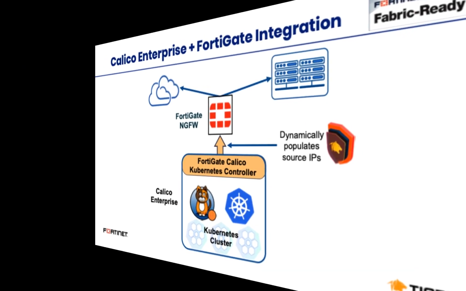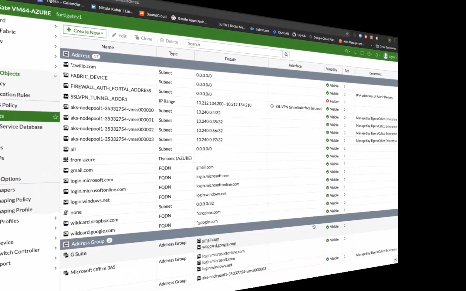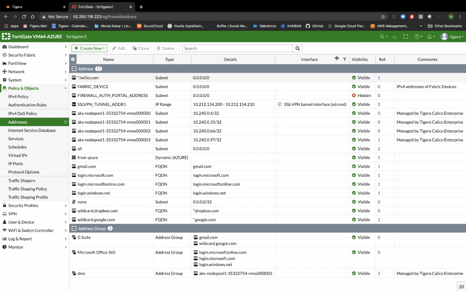Let's take a look at how this works using a simple storefront e-commerce application with microservices running in a typical 3-zone IP environment. In the demo, we'll scale the front-end service and show how the new microservice's IP address is automatically updated in FortiGate. Here we are in the FortiGate user interface, and you can see under address group is